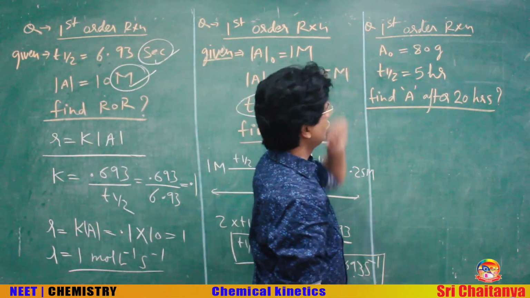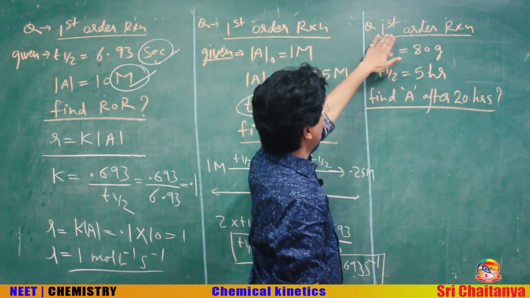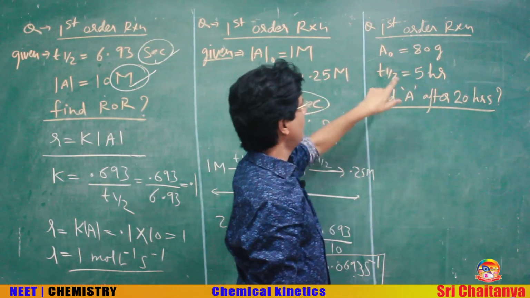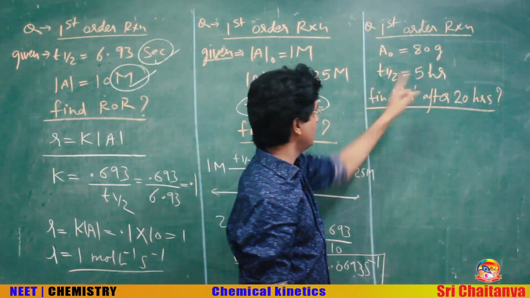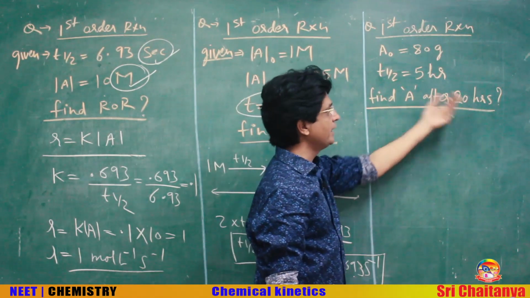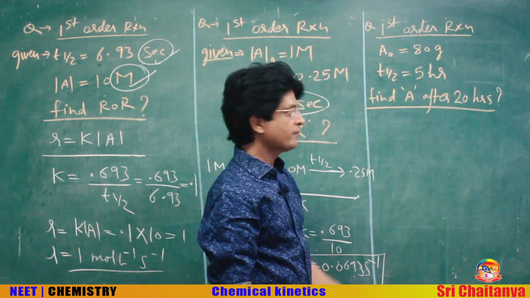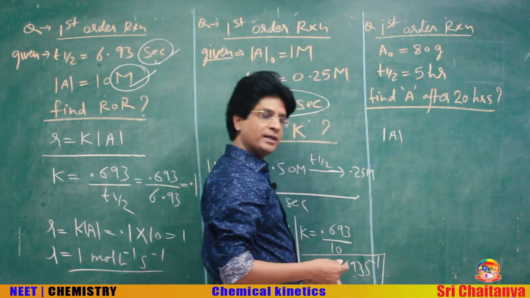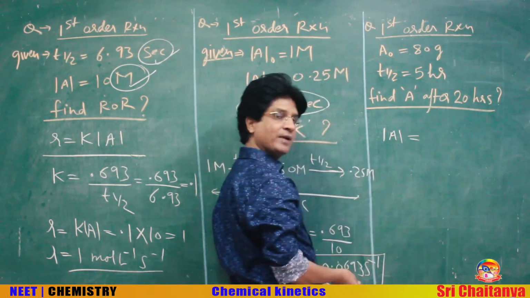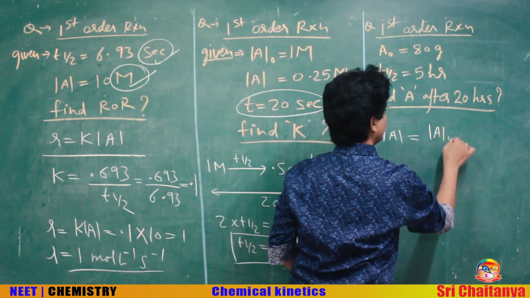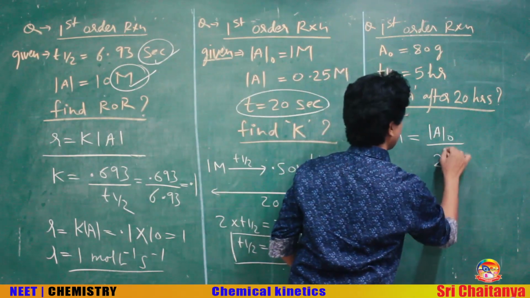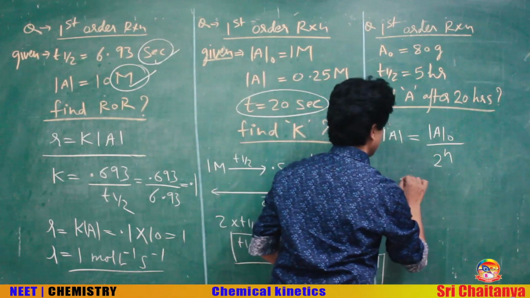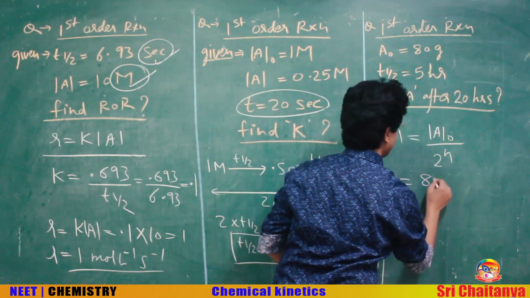Now come to the last question of this category. Again a first order reaction. They have given initial amount as 80 gram, half-life is given as 5 hours. They are saying find amount of A remaining after 20 hours. So we know that amount of A reactant remaining after n half-lives is what? A naught, the initial amount, upon 2 to the power of n. We have discussed this formula just now, and that will be equal to A naught, given as 80,